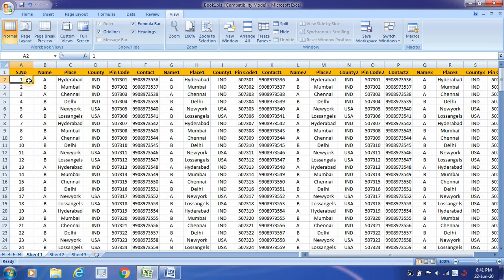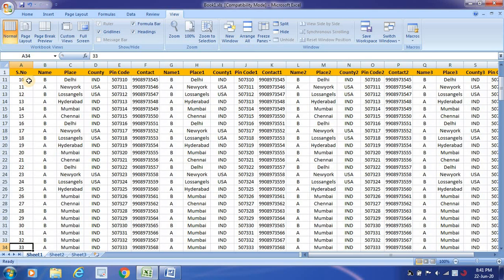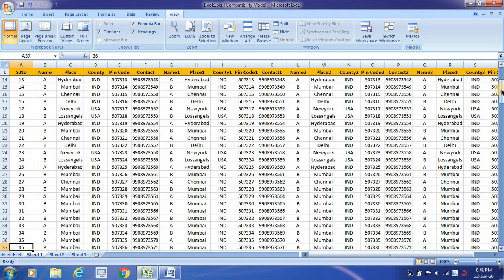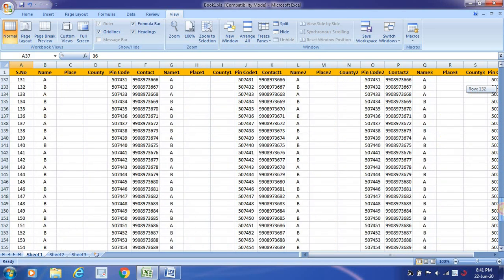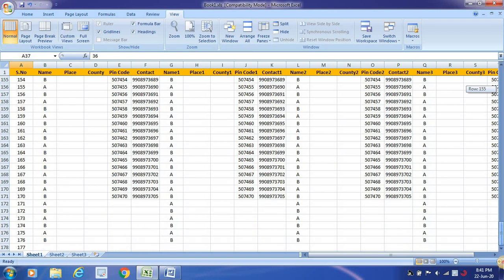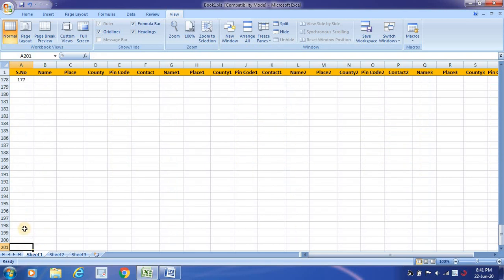If you see here, once you freeze panes, what will happen? See, the main header won't change. I'll be able to go to that particular row wherever I wanted to enter, but my main header won't change. So in that case, I can easily look at my 177 row. If you scroll like this, automatically you will be able to enter your values, and correspondingly you will enter the values according to the header. So this is the way you will use the option called freeze panes.